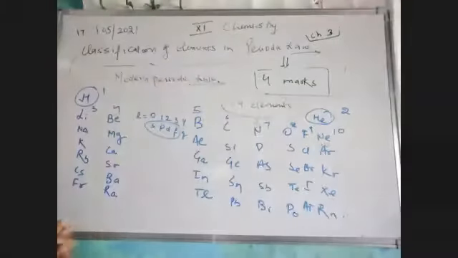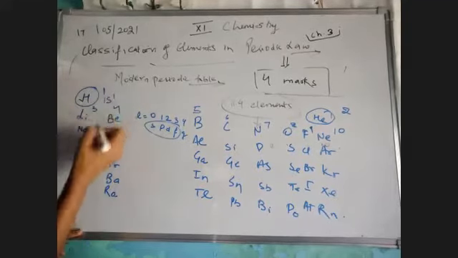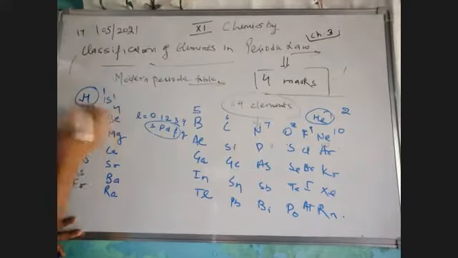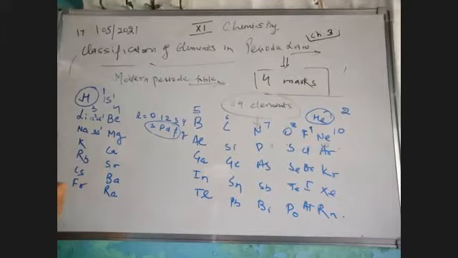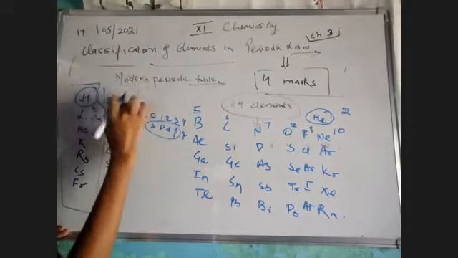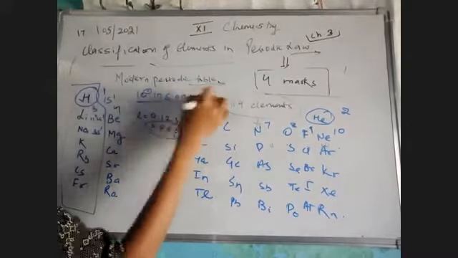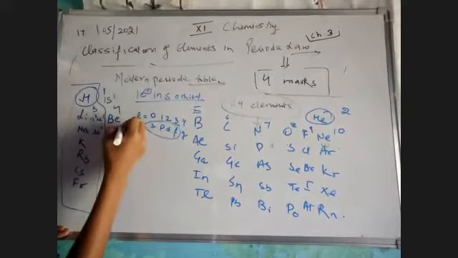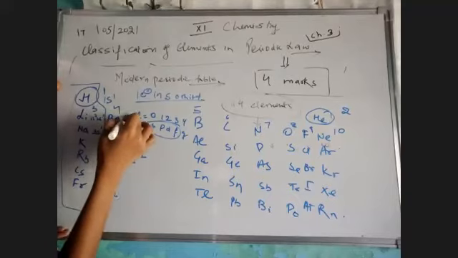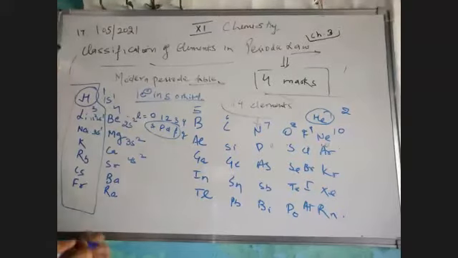Okay, so suppose I'm talking about hydrogen, as you have also heard in our last class, we have arranged them by electronic configuration. This is 1s1, this is 2s1, this is 3s1, and so on. So you have come to know that the first one is something which has one electron in the s orbital. ओके, सेम एज इट इज, अगर मैं बेरिलियम की बात करूं तो उसमें 2s2 है, 3s2, 4s2, and so on. That means beryllium is known as our second group, in which two electrons are present in the s orbital.